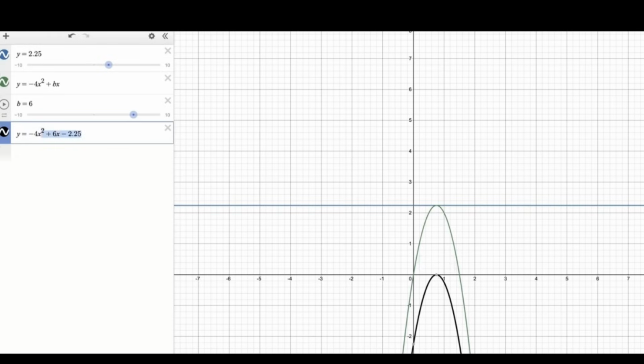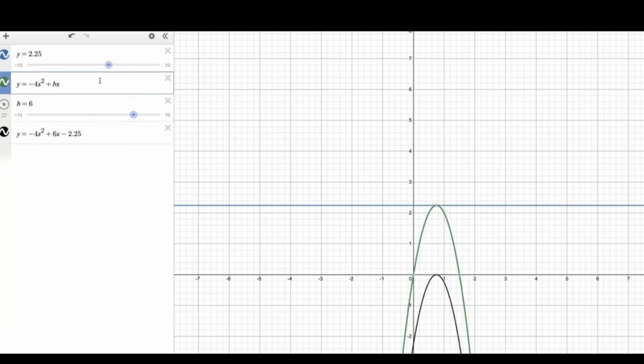But this equation right here is the exact same thing. The black one is the exact same thing as the green one, except that there was a different constant, right? There was no constant up here in the green one, whereas this one was just shifted down 2.25 units. So in reality, we know that what we're doing is we're treating that y equals 2.25 line as y equals 1, right? In this case, with the green one, the y equals 2.25, the one solution was just there, right,